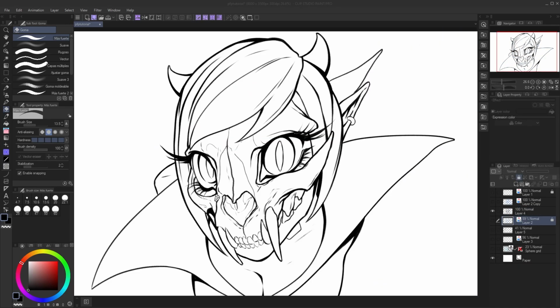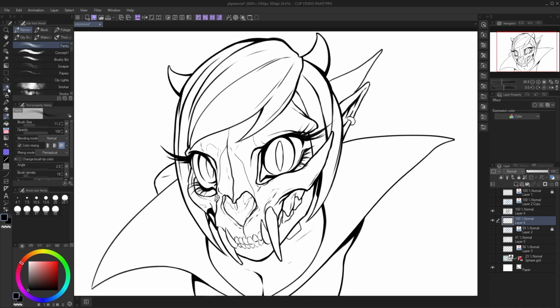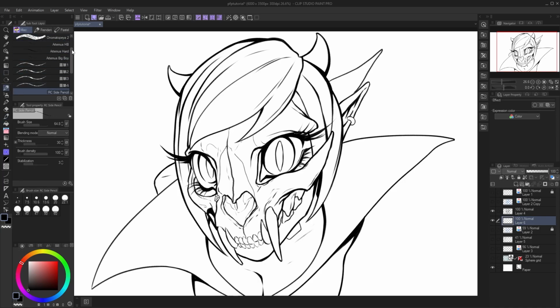Now, one of my favorite tools from Clip Studio is the bucket. So if you want to color your drawing, you have your line work here. You just need to create another layer for that and now go to the bucket tool. Other software doesn't have that, and this is honestly what sold it to me. So if you want to fill your illustration with color faster, I'm going to pick my custom brush here